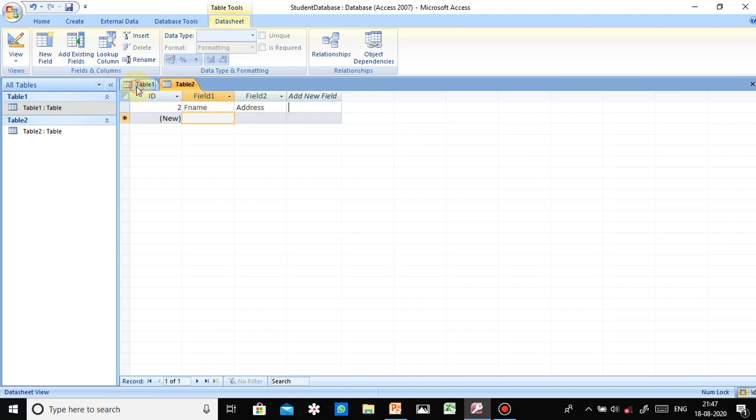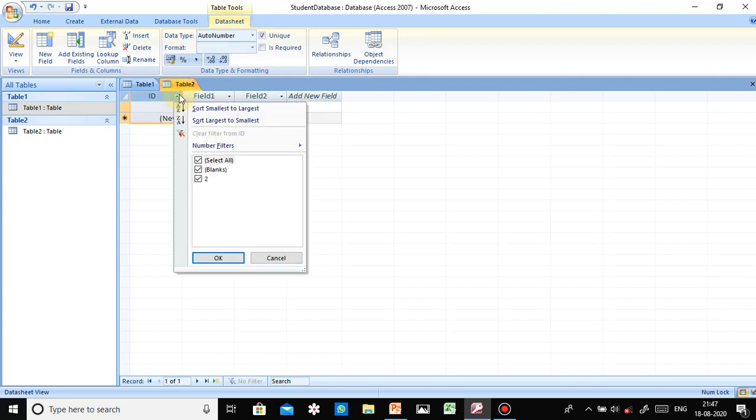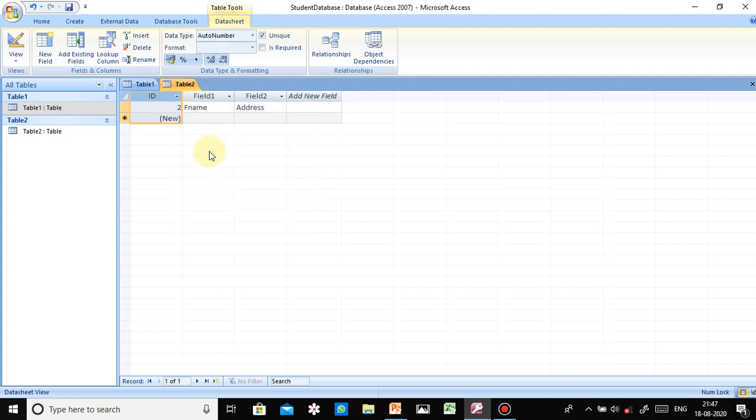Now this is table 1 and this is table 2. This is called IDs. Okay. So this type of records we can enter here. But one more thing: first of all, we can enter the records here and we can see the different views also. We have two views in Microsoft Access. After going to the View tab, you can see Datasheet View. If I click over there, this is already in the datasheet view.